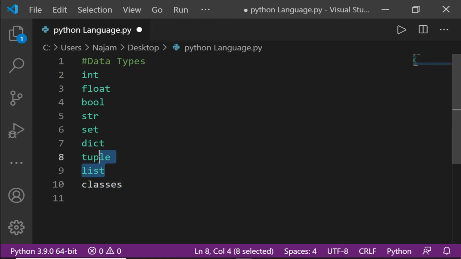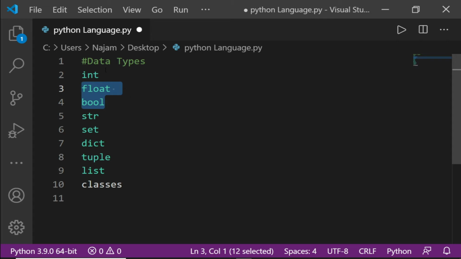While we say list or these data types, it means it stores the value.